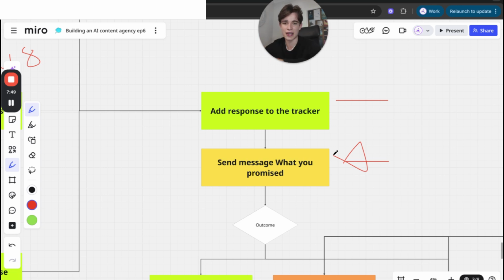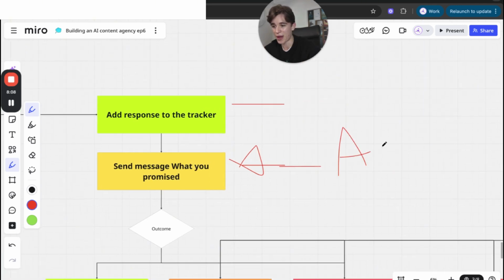I said this in the other video, but I'll say it again. I would just stay away from it because it's more like a commoditized feature offer. Anyone can offer edits, right? It's not hard. They can use Fusion AI, whatever it is. It's probably not the best thing for you to do. You want to give away some sort of strategy, some sort of information, which is further going to help them go from A to C.